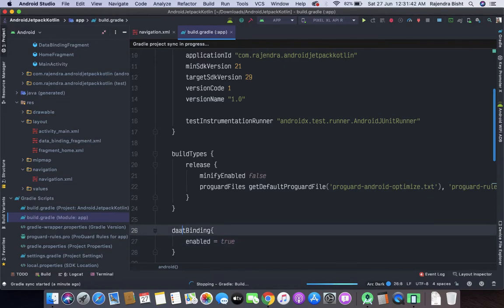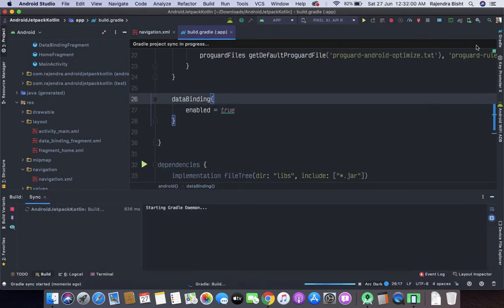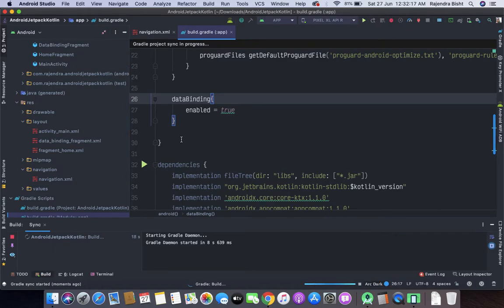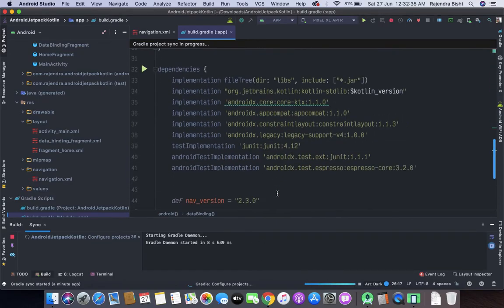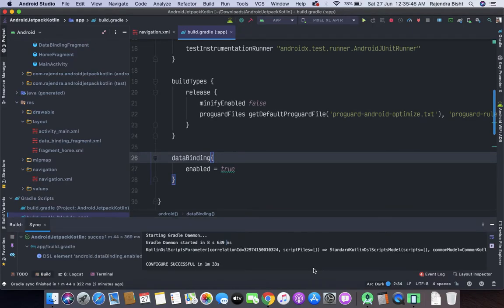Sorry, here I have a spelling mistake. My internet connection is slow, so it is taking so much time. Here our project is synced successfully.